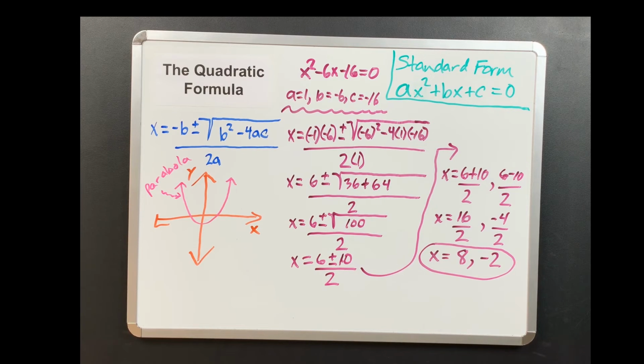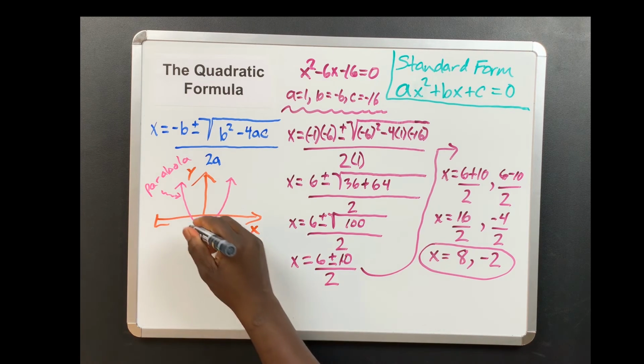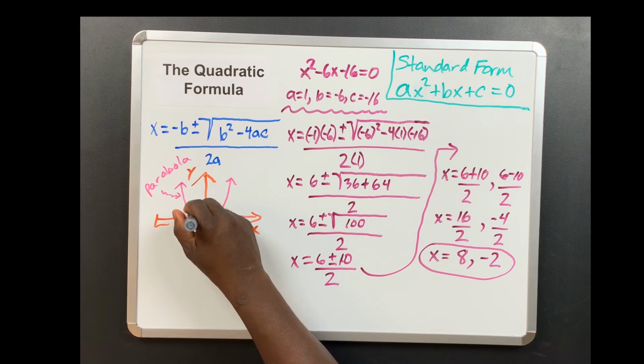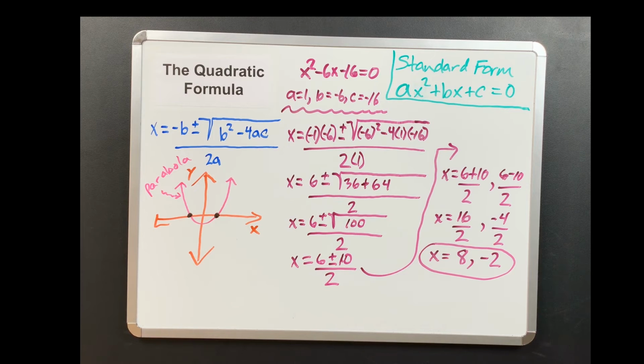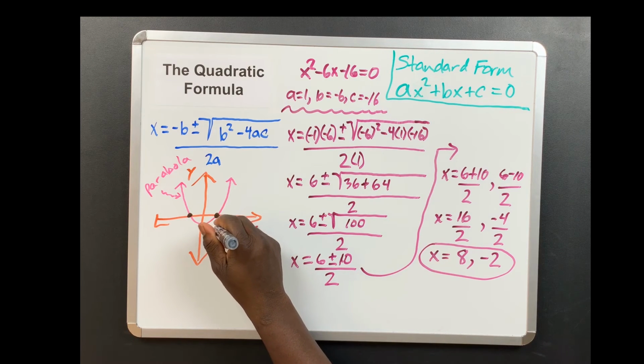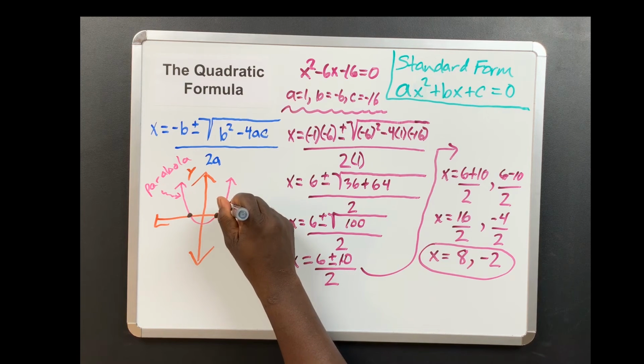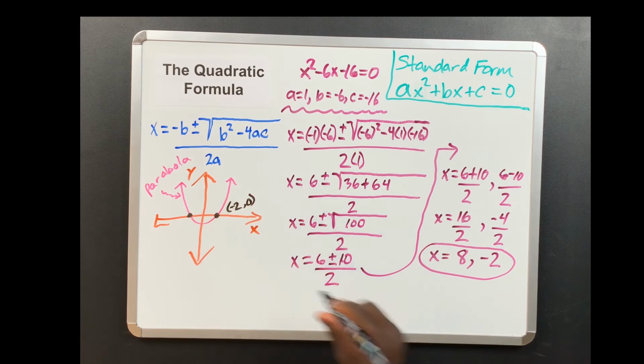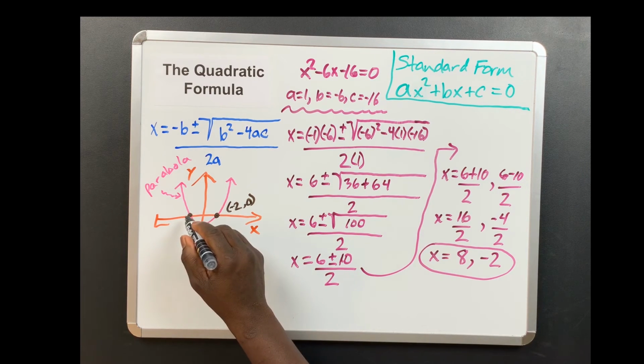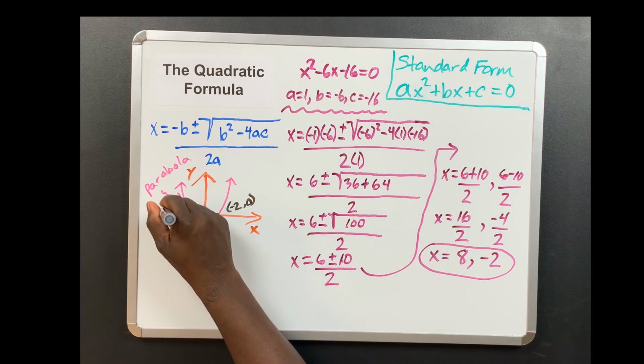Now, the values of x, where we say that x equals 8 and x equals -2, actually represent the x-intercepts. The x-intercepts are right here where this graph intersects the x-axis here and here. Okay? So let's say this is the point -2, 0. That's where that's coming from, where x equals -2. And then here, the coordinate for this point would be,